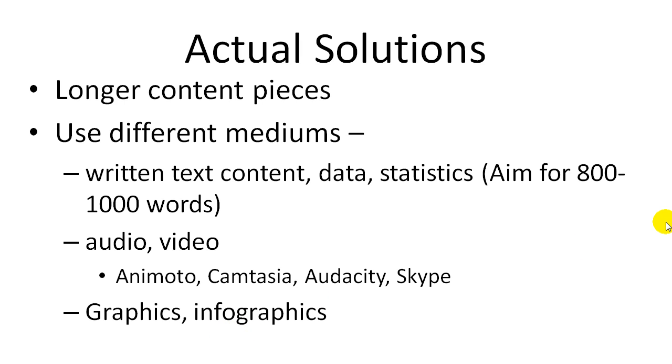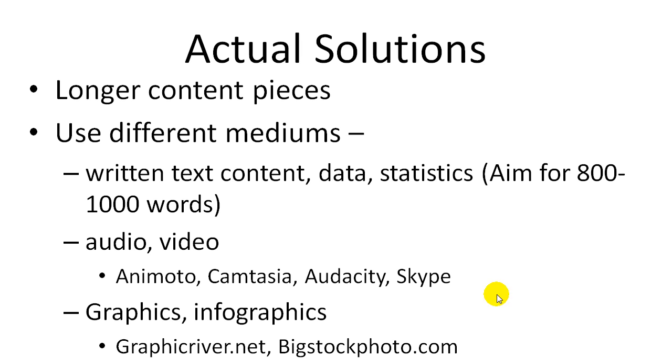Then we have graphics and infographics. When you're looking through content, you got audio, video, but you need to have graphics that is just all over the content. You don't want to have it all bunched in one spot. You want to kind of spread it out so people feel the need to go through your whole article. So you got examples, infographics, and you can get this stuff from graphicriver.net, which is one of my favorite sites. You can get a lot of cheap but really good looking graphics. Bigstockphoto.com is another great site where you can get royalty free images,